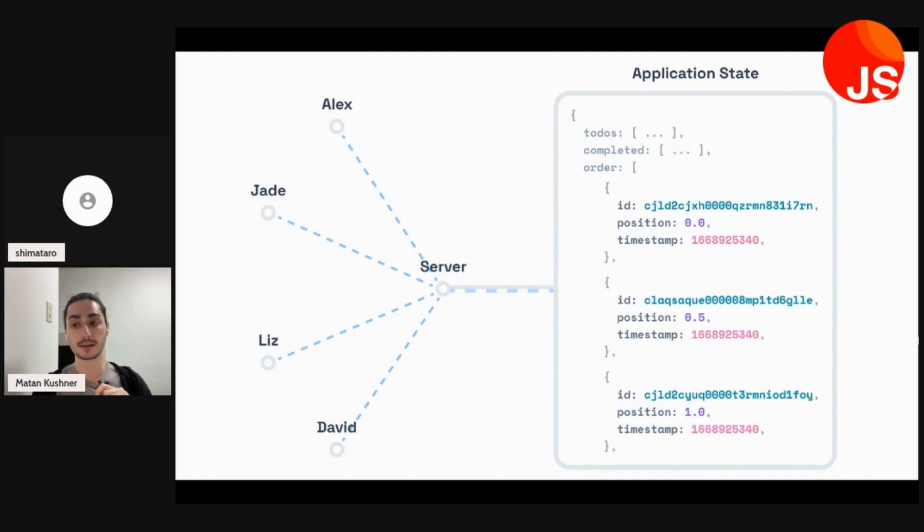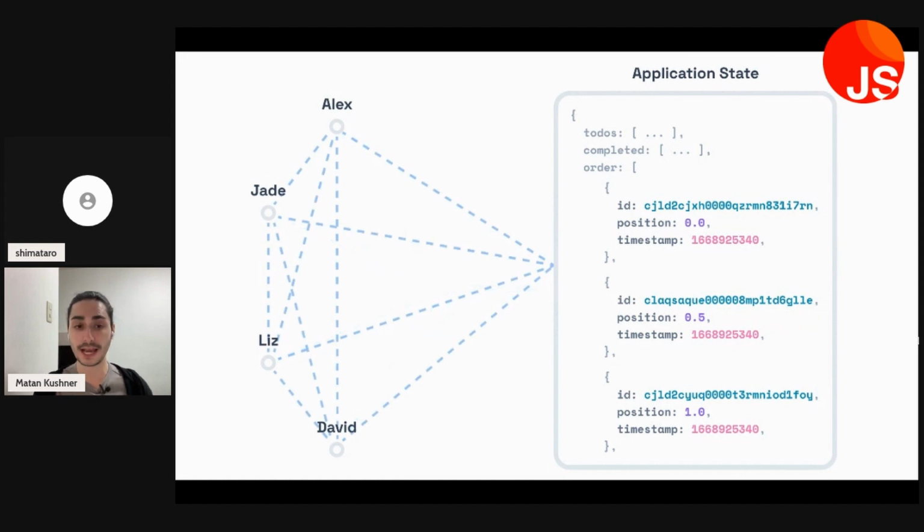CRDTs help us design not only offline capable applications, but also entirely peer-to-peer applications. This exact structure can be used like this. We don't actually need a server. And that's what's fascinating about CRDTs. Such a simple, elegant solution just works for so many applications.